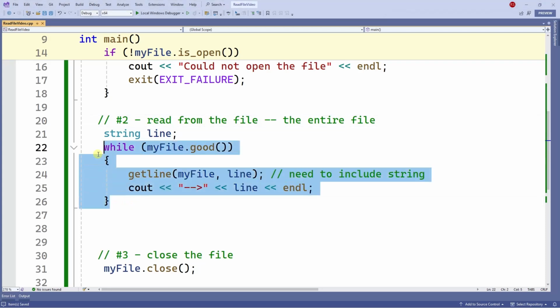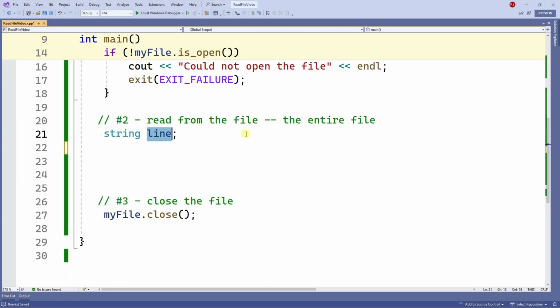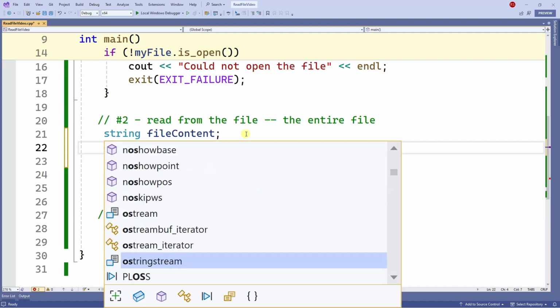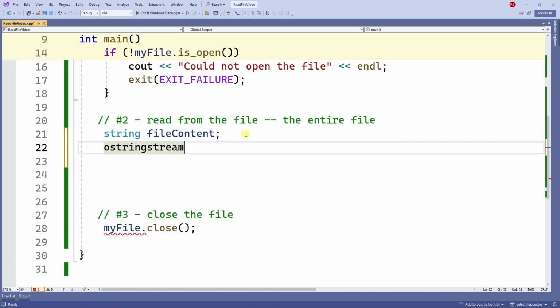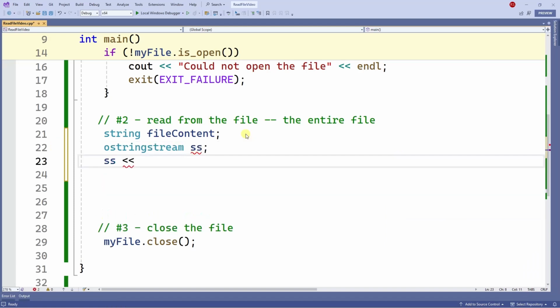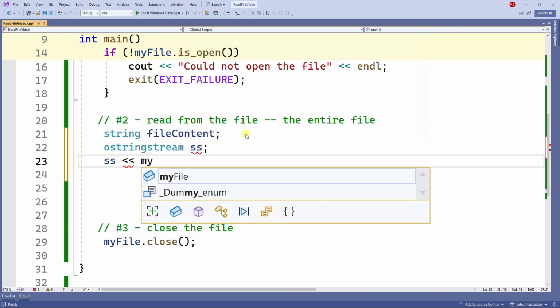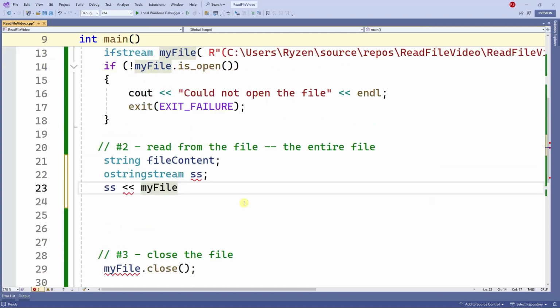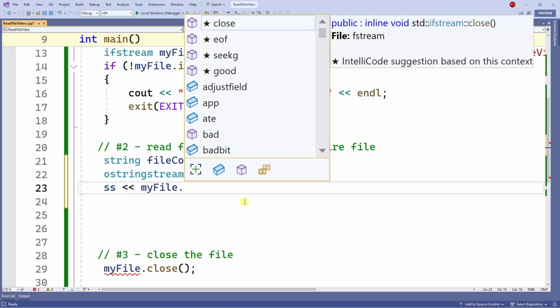So I'm going to delete this code here, and I'm going to call this string file content this time. Then I need to create an output string stream, and that is ostringstream. I'm going to call this ss, and then with ss, I'm going to use the stream that I opened on line 14, and then the dot